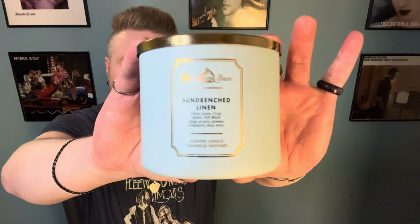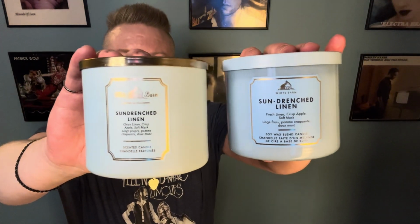This is the old version of Sun-drenched Linen here, just to give you an example. And this is the new version. One of the things that I think is the best about these redesigns is that they all have colored lids on them that match the candle. These jars are glass, sort of opaque, actually colored glass jars as opposed to a wraparound label, whereas these were almost a ceramic, matte sort of finish. They were opaque as well, but I think the difference is extremely noticeable, and it's not a huge difference, but these new ones just look so much fresher and so much more modern. I'm really glad that they finally redesigned these. These were starting to look so